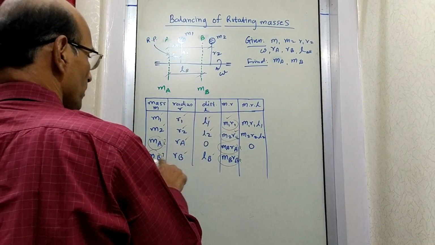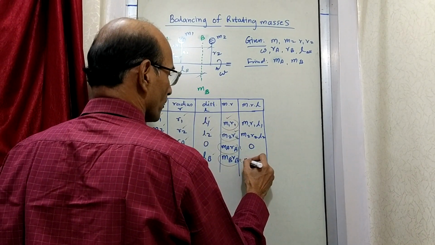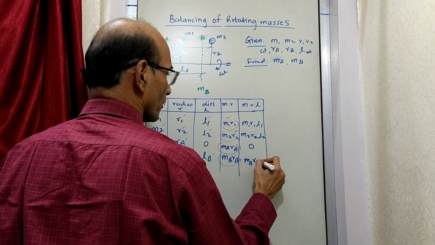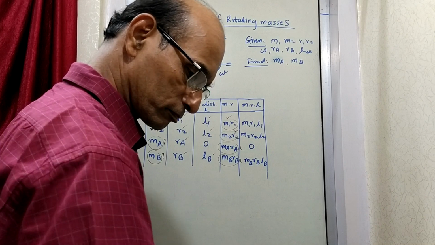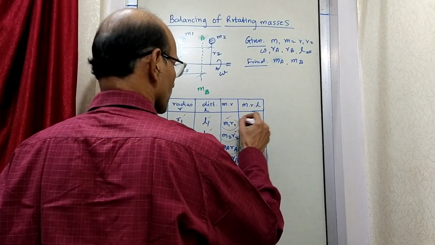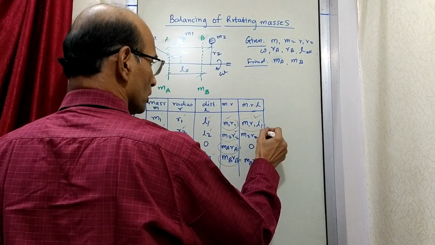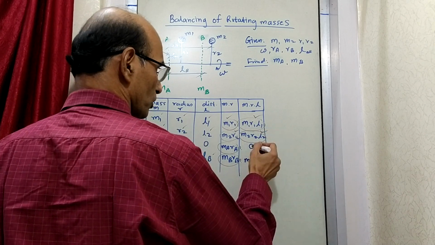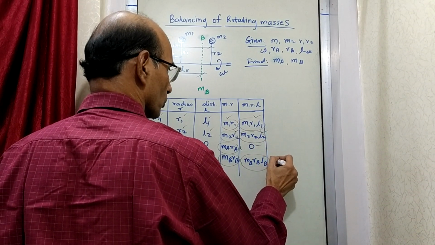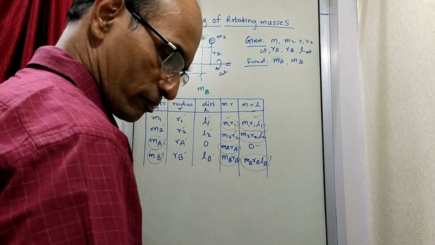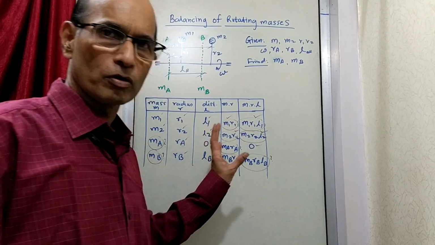Then here, MB, RB, LB. So out of all this, this is a number which we know. This is a number which we can see and know. This is also a number, 0, but this is something which is not known. Okay, so up to here it is straightforward, simple thing we are done.